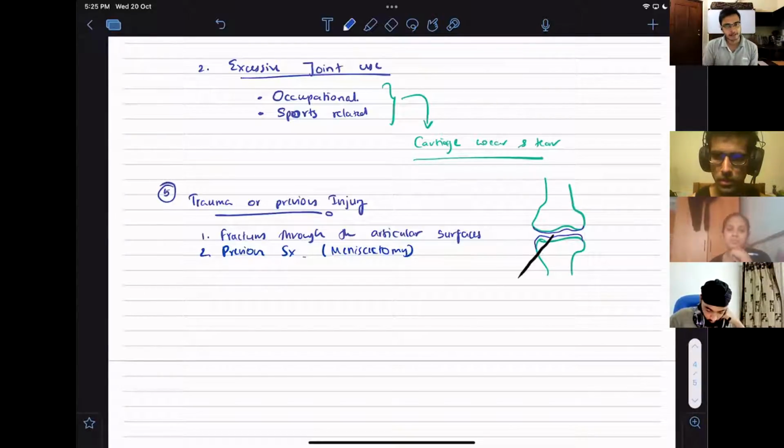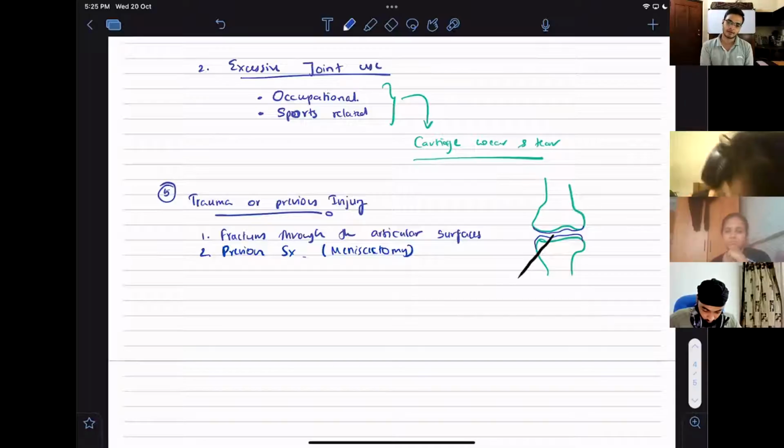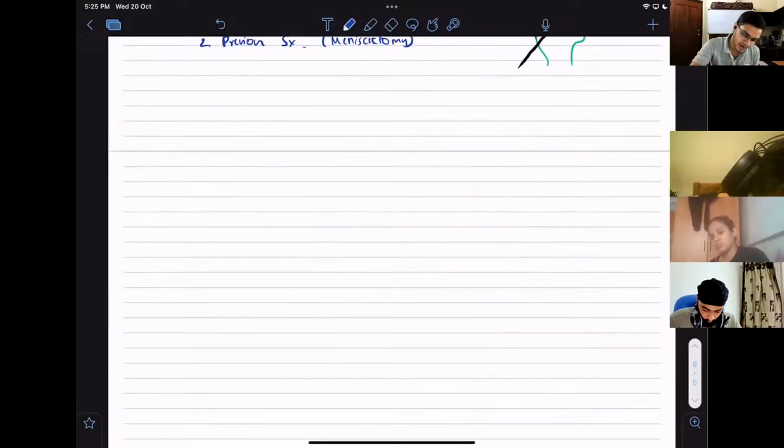This is usually done, guys, if the damage to the meniscus is non-repairable, right? If it is non-repairable, then we remove the meniscus, right? There is replacement as well, right? Now replacement is practiced more, but those days they used to completely remove it, right? So that also can predispose to osteoarthritis. Okay, right? Then the last one, guys, other diseases,